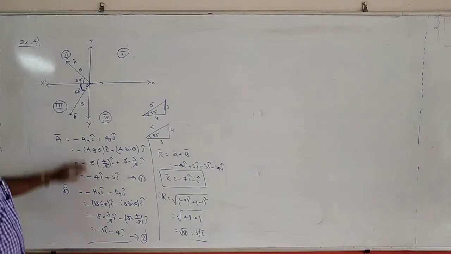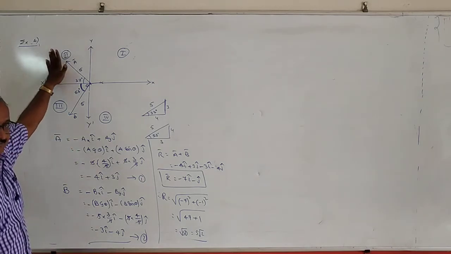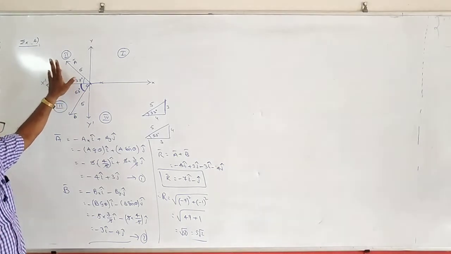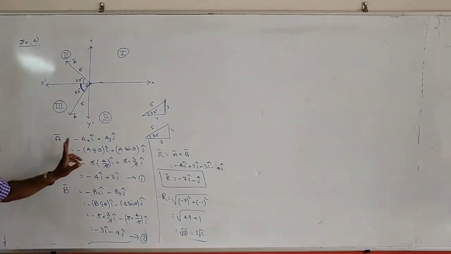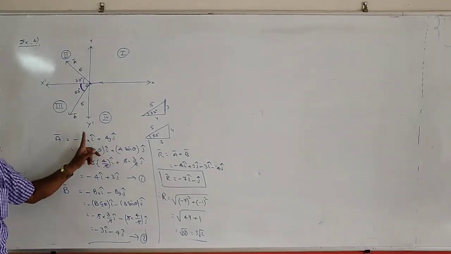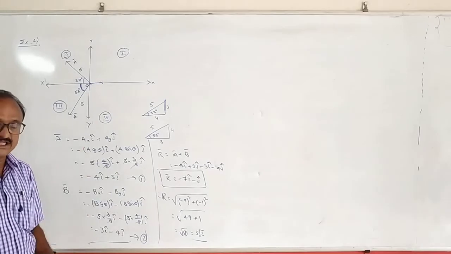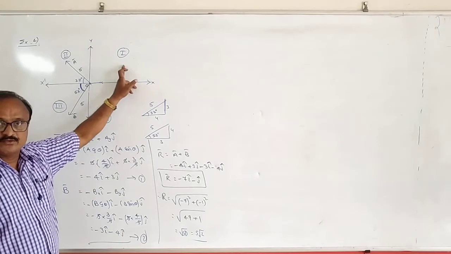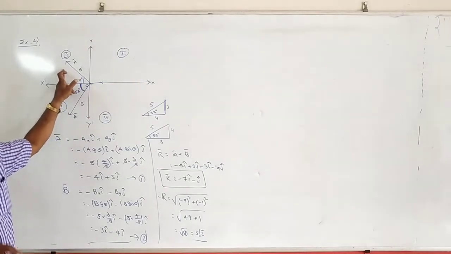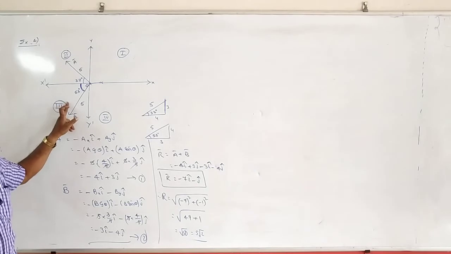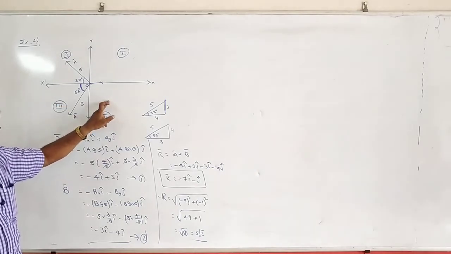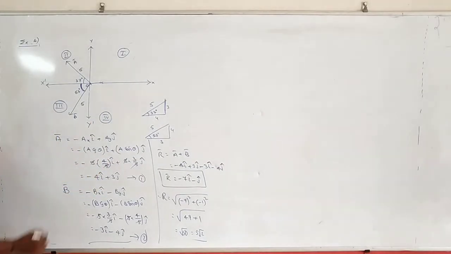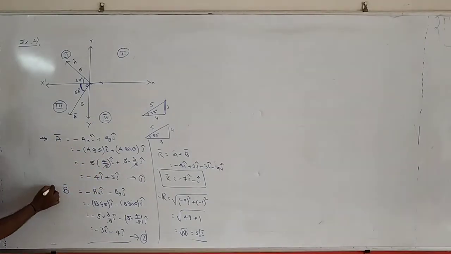So simply, suppose a vector is lying in a plane, it must be resolved into two perpendicular components. After that, we can write the vector form of the vector a bar is equal to ax i bar plus ay j bar. Which one is positive and which one is negative will depend on the quadrant. In the first quadrant, both are positive. In the second quadrant, x value negative, y value positive. In the third quadrant, both are negative. In the fourth quadrant, x value positive and y value negative. Okay, so in this way we can write down the vector formulas for the given vectors.